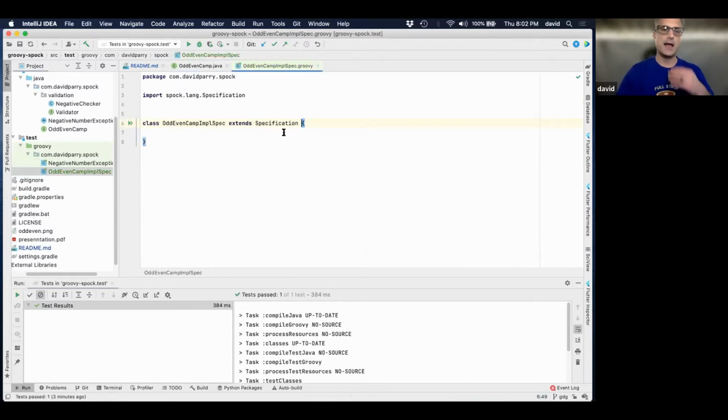What it does, when you do specification, all that did was create just a basic Groovy file for us and put the import and the package, because I right clicked on the package down here where I wanted it to be added, and the extend specification. Didn't do anything else for me. I could have just created a regular Groovy file and put specification, because that's all we have is a .groovy. That's what we're doing. We're getting groovy.